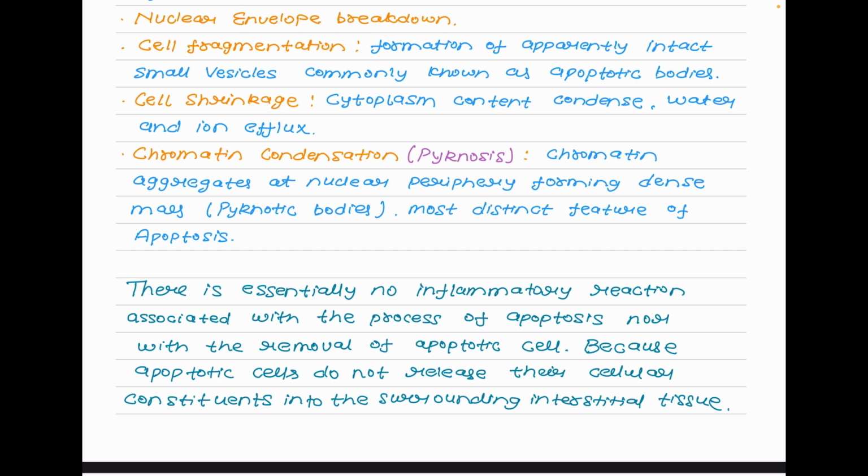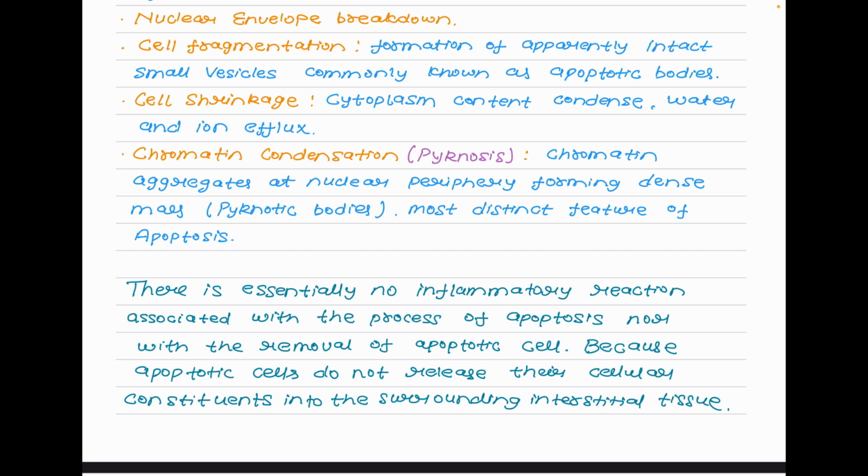The negatively charged phospholipid phosphatidylserine is normally located exclusively in the inner leaflet of the lipid bilayer of the plasma membrane, but it flips to the outer leaflet in apoptotic cells, where it can serve as a marker of these cells. There is essentially no inflammatory reaction associated with the process of apoptosis nor with the removal of apoptotic cells,